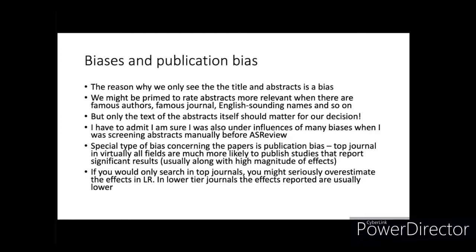And just to finish this publication bias thingy, a special type of bias concerning papers is publication bias. Top journals in virtually all fields are much more likely to publish studies that report significant results. And usually these significant results have, if you would only search in top journals, you might seriously,